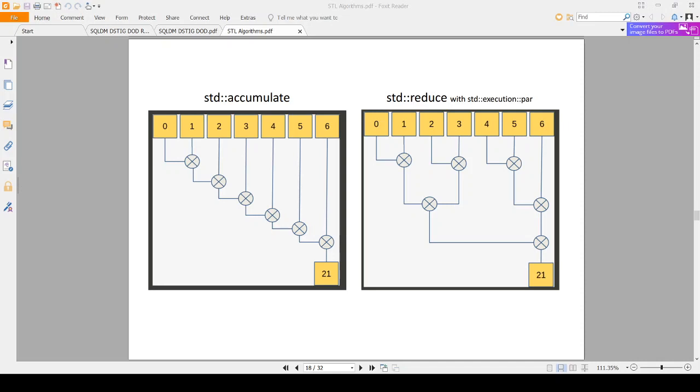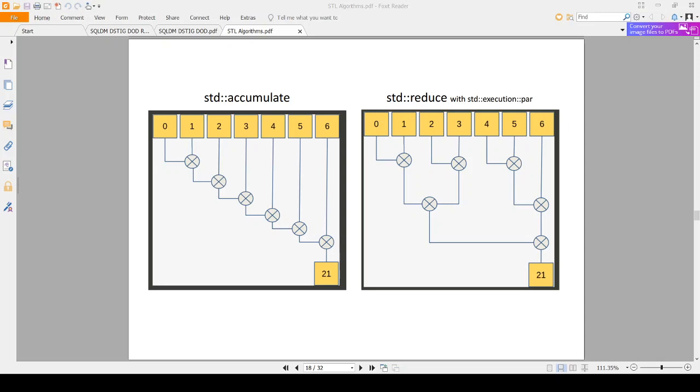Reduce requires that whatever operation that we are performing, for example, the default one is the sum, should be both associative and commutative. So like this, we did minus, that will work fine on the accumulate, okay, because it is executing in sequence, but it may not work well with reduce. For sum, which is the default one, it is working fine.